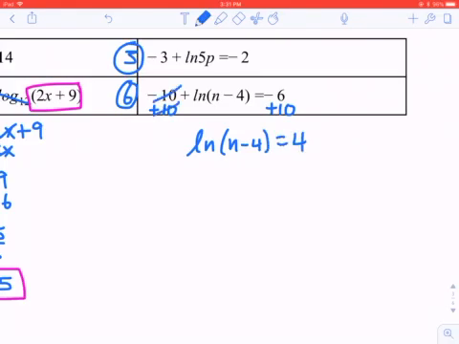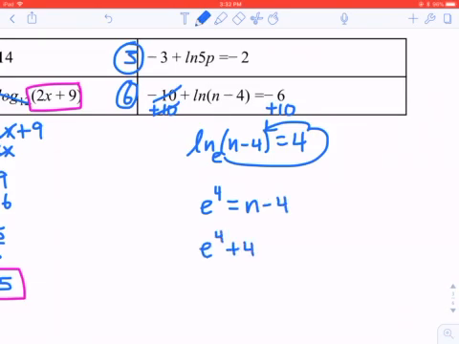Then it's in log form, but there's not log on both sides, so I need to write it in exponential form. So I put the base of e that's understood to be there, and I put e to the 4th power would equal n minus 4. And then I need e to the 4th power plus 4, because if I add 4 to both sides, I would get n by itself. And then when I type that in my calculator, I end up with